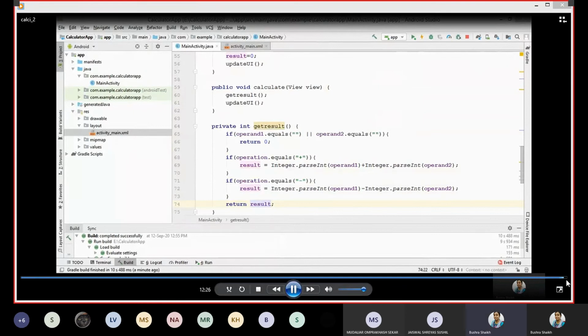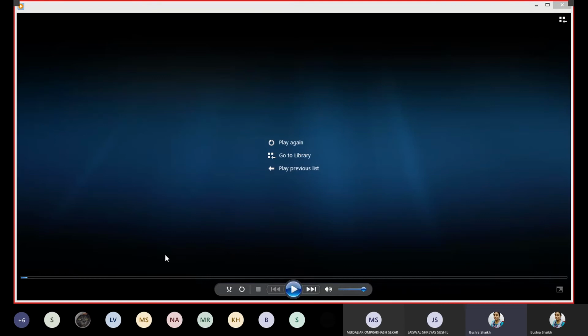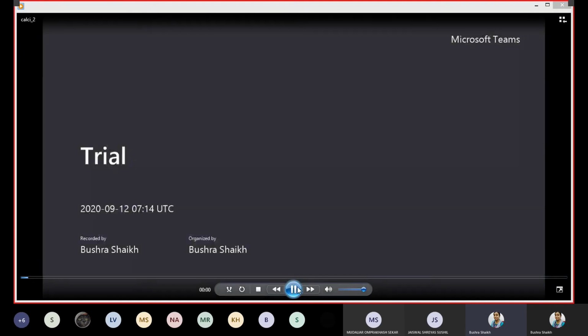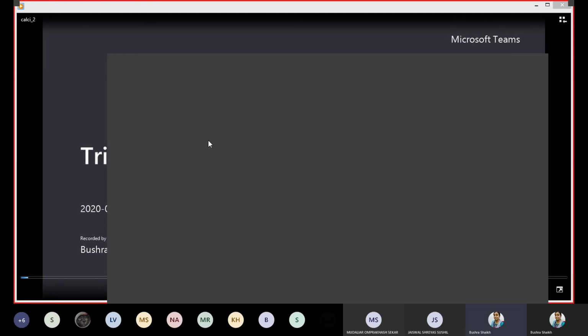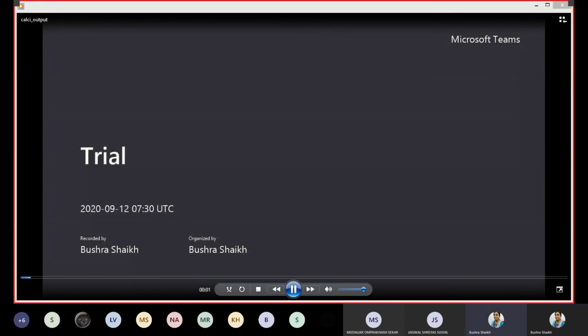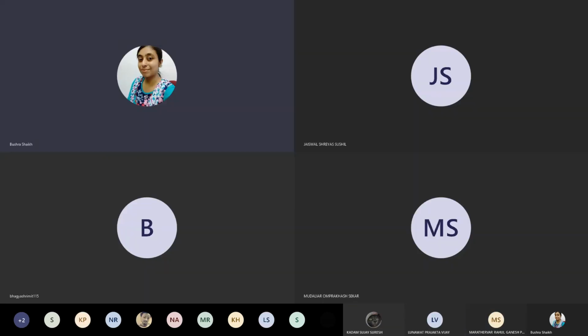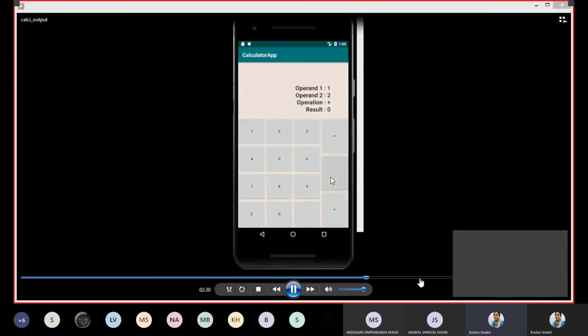Actually, I simply recorded it, but later I came to know that the output was not recorded. So whatever breaks you have seen in between, where I had forwarded, the output wasn't recorded. My emulator screen wasn't recorded. So I went back again and recorded my output separately. That's why I have to switch between two different videos. So if you felt any inconvenience, please ignore that because this is also the first time for us to experiment with this kind of